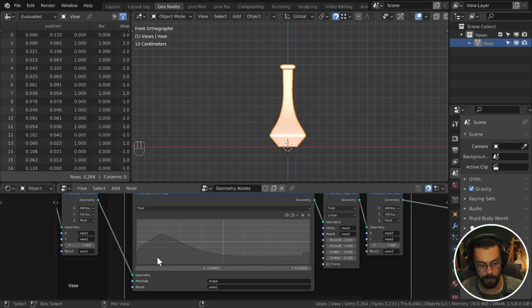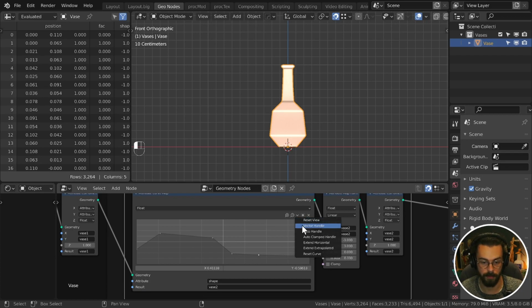And I might also create a little base for it. And we're going to change this one to a vector handle as well. And I'll add another one, change this to a vector handle. Something like this. And I might do another little dip in the middle. No, I will remove that. So if you want to remove a handle, see I've got one there, I can just click the X while